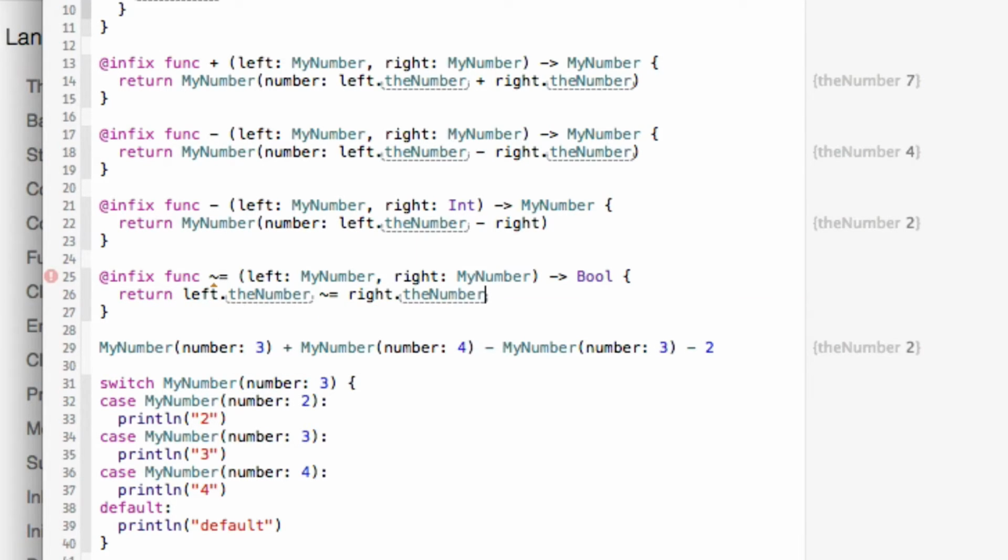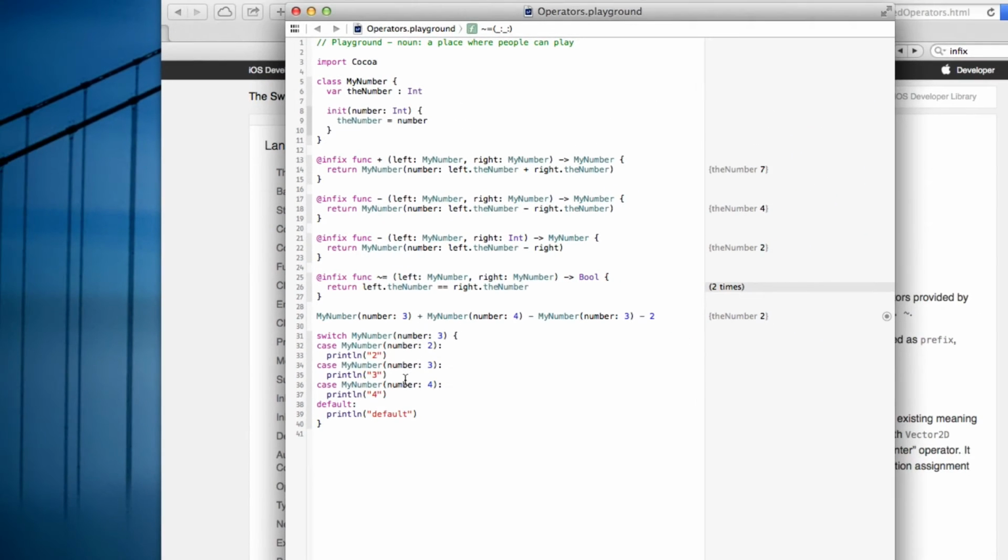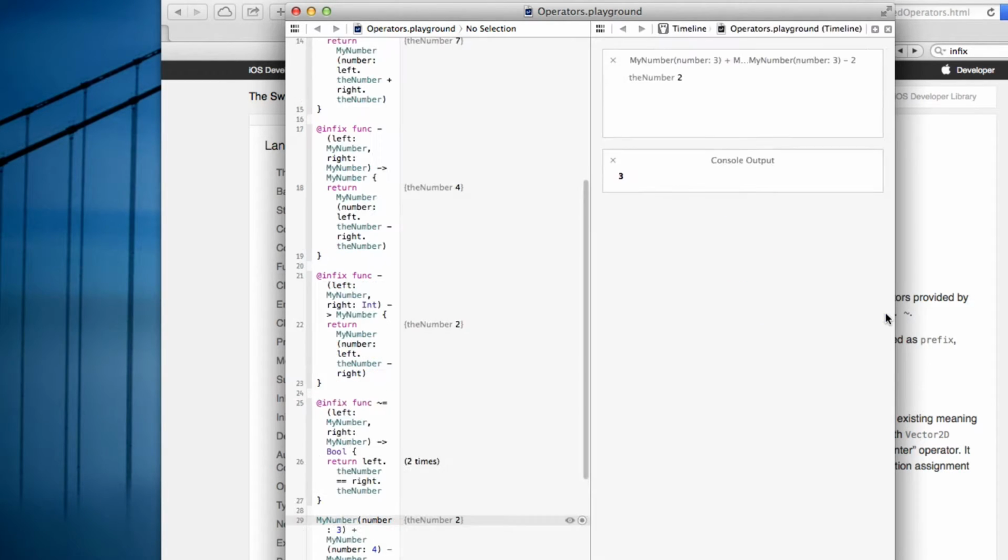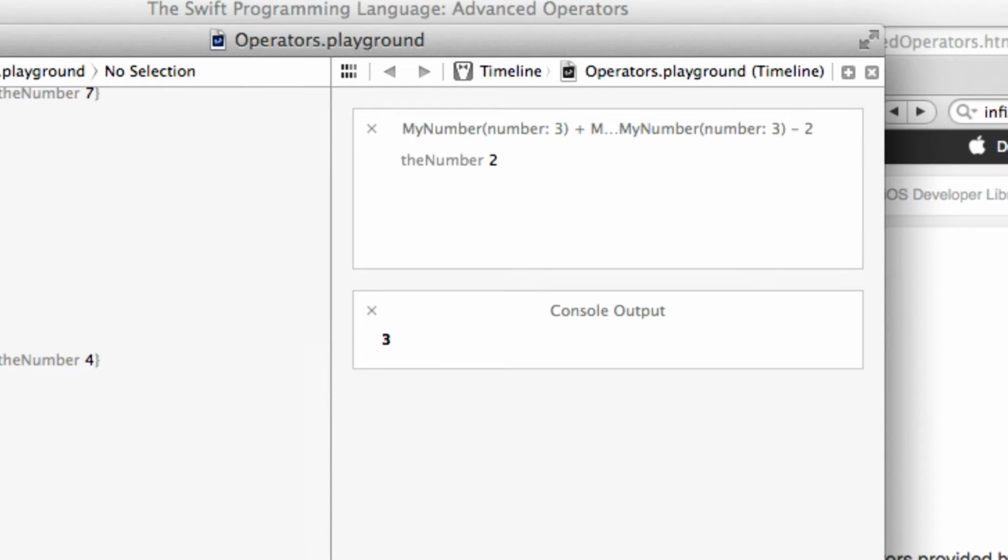I don't know what tilde equals does, but I feel like it's the same thing as equals equals, at least for numbers. So when I'm doing a tilde equals here, I could probably use an equals equals here. I don't know. I won't mess around with tilde equals. I really don't truly understand what it is, but I get that switch statements use it instead of the normal double equals. So remember, if I click on this, I can see the console output, and it did